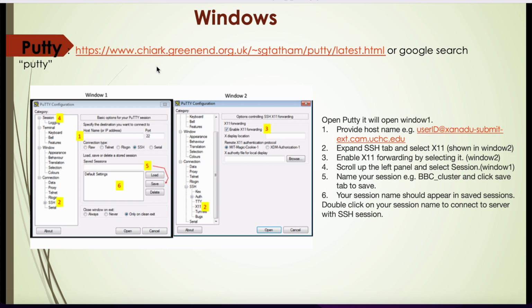And once you download it and start it, it is going to ask for certain specifications, and the specifications are pretty much the same as what we saw in the previous slide. It is going to ask for the host name. The host name is the name of the remote machine you want to connect to. So if you're trying to connect to Xanadu submit external, then you're going to provide your user ID at